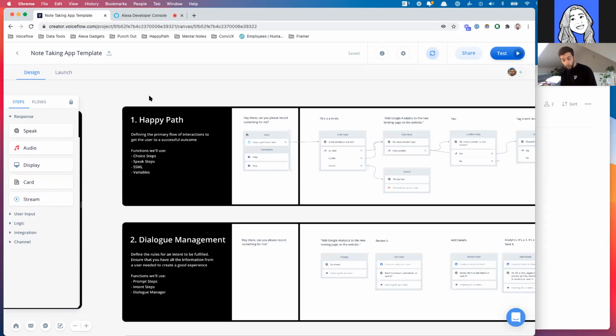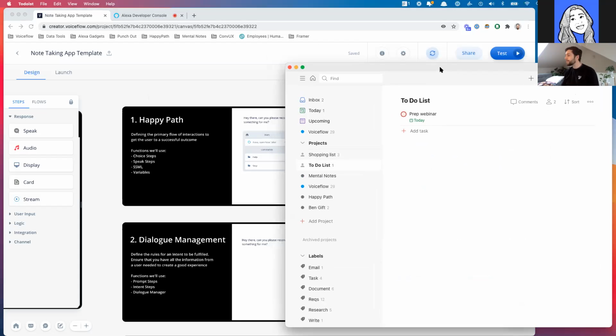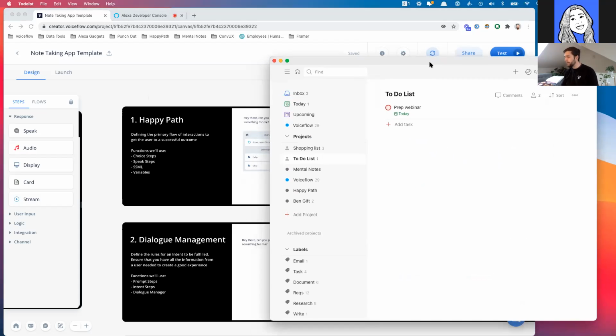But more than that, it gives a good idea of how all of the features and functionality in Voiceflow come together to create that experience. So I'll give you a quick demo of what we're building first. Here's my Todoist. That's my note-taking app here. And I've got my Alexa open on my phone here, and I just say